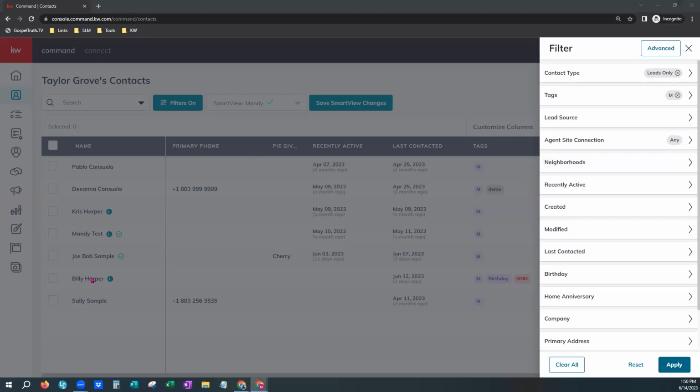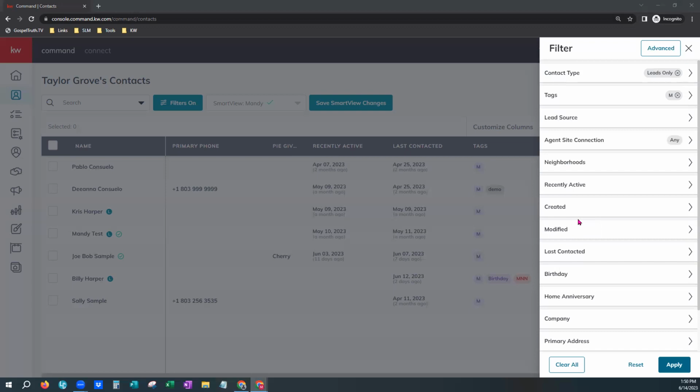Over here on neighborhoods, we talked about that. Usually the neighborhood will pull from the primary address that is on file for that contact. But let's say it's actually a seller, not a buyer, and they not only want to get an update on the neighborhood that they're currently in to see if there's any competition coming on the market, but maybe they want information about the neighborhood they want to move to, to see if there's anything that comes new on the market where they're headed. You can actually set more than one neighborhood up on that contact profile,